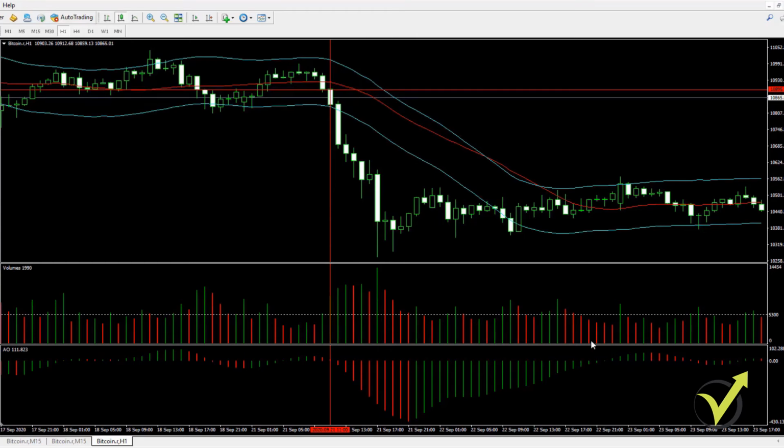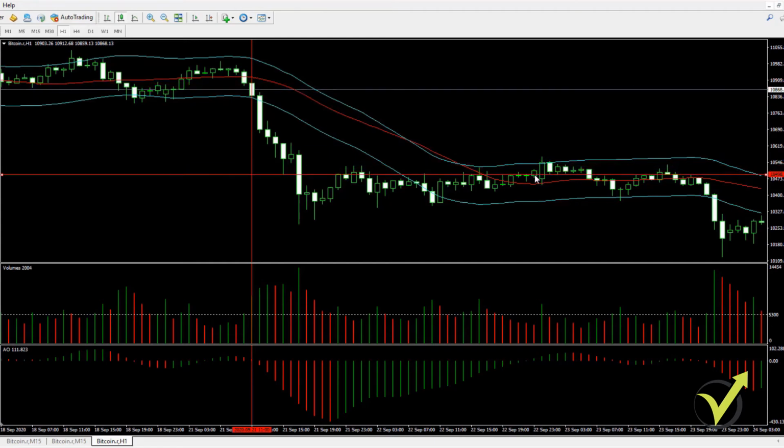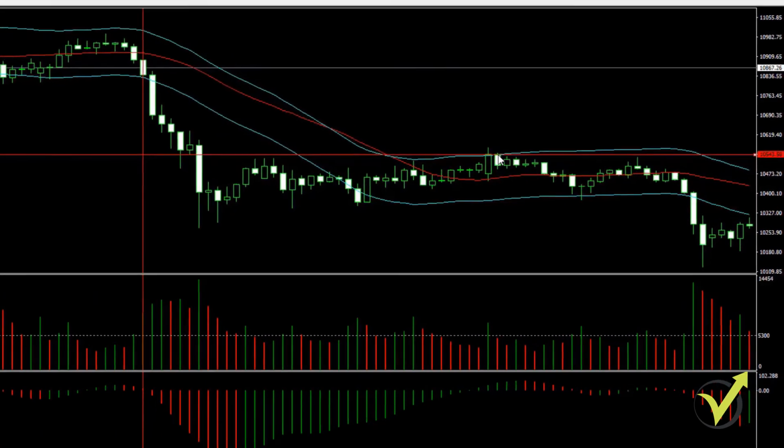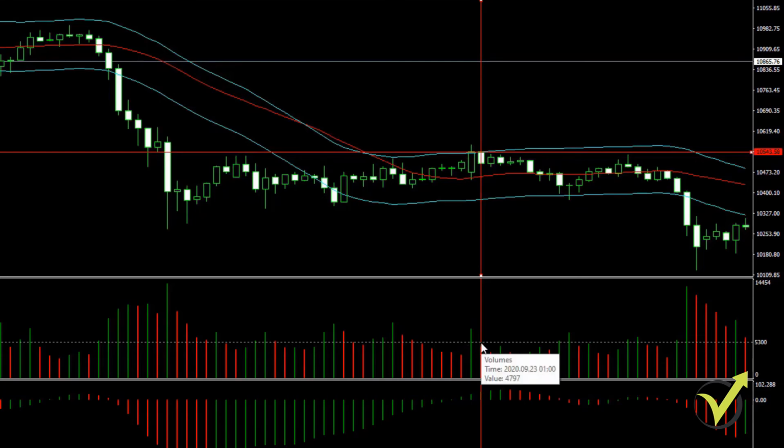And as I've promised, I want to show you some negative examples. So right over here, I think we have one. Okay, here it is. So at the opening of this bar, actually, I will move the line so you will see it clearly. Right over here, we have a cross from the volumes. You see this bar, it's a big bar, the volumes is above 5,300, and on the opening of the next one, we should be buying because the Awesome Oscillator rises and because the moving average starts to rise.